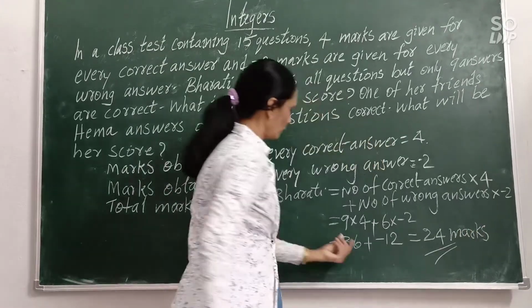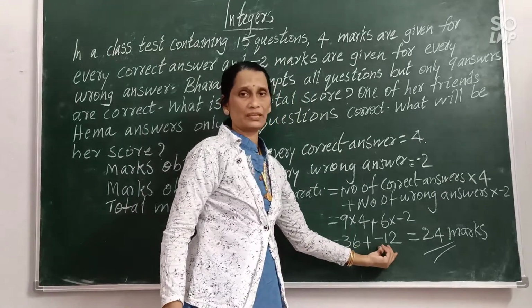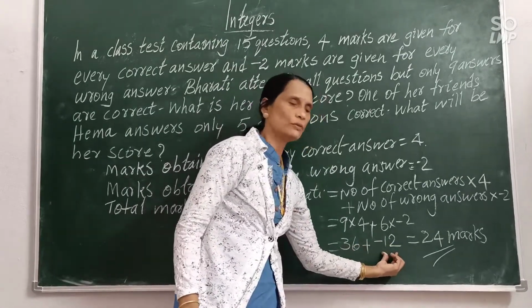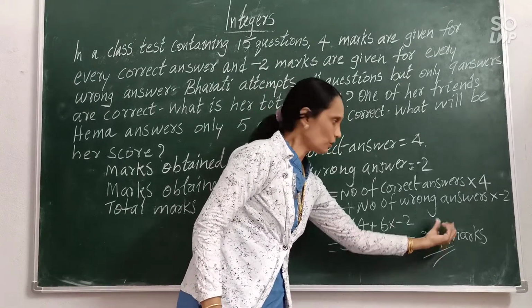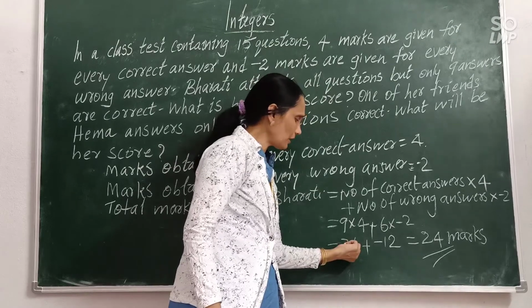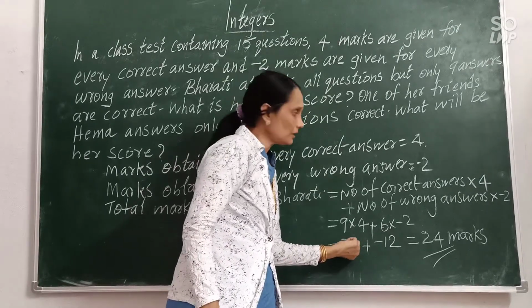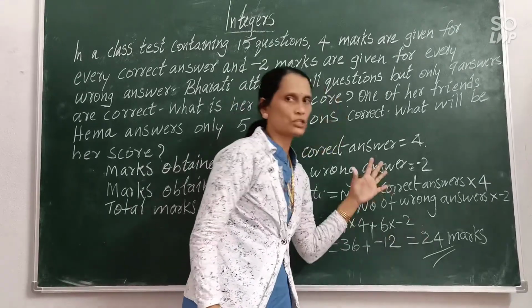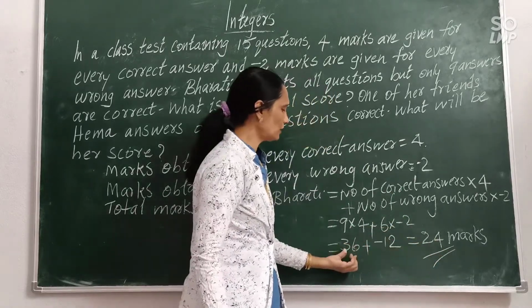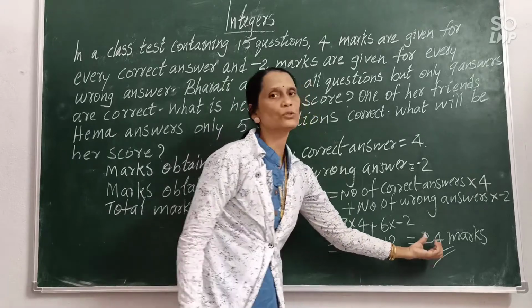Okay, whenever a positive number and a negative number is coming, it is very easy for you. Find out their difference. 36 and 12 difference is 24 only. Okay, and give the sign of the bigger number among that. Which is a bigger number? 36 is a bigger number. 36 is positive, that's why give the positive symbol. Positive means no need to show that one, that is positive itself. So 36 plus -12 is equal to 24.